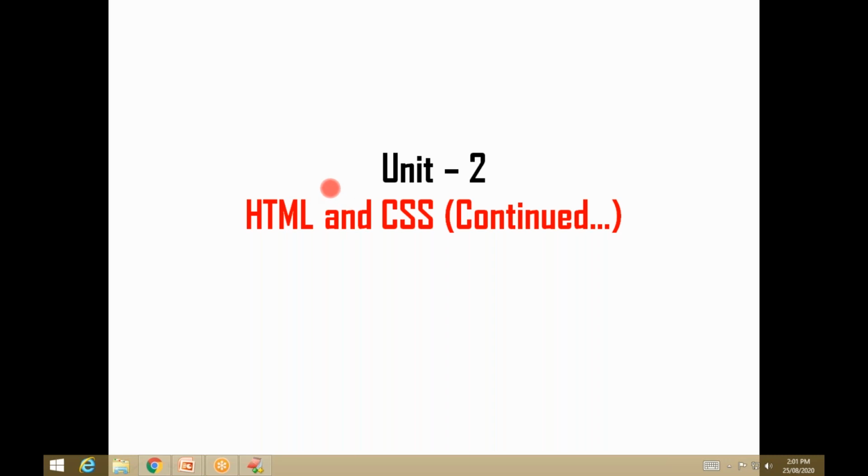In that tables section, we only discussed how to create a table and how to create table headings, right? Now in this class we are going to discuss how to create cell spacing and cell padding, right? After that, cell merging in a table. After that, how to create forms and how to create frame sets. These are all things we are going to discuss in this class. So the first one is